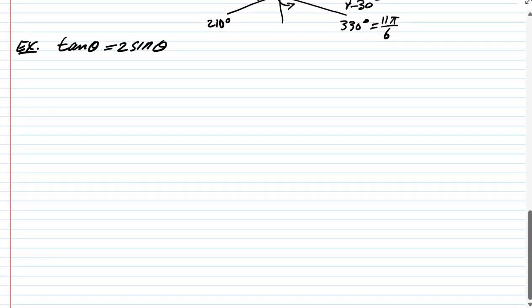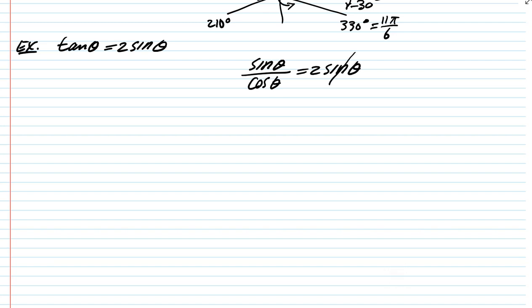Now one way people do it is this way. Tan theta, or I should say it can be done this way. However, there is a caveat. Sine theta over cosine theta equal to 2 sine theta. Okay, and then we can divide both sides by sine, so we get 1 over cosine theta equals 2, right? And swap out the 2 and cosine, so from this we get cosine theta is a half, and then we can say, well, cosine of 60 degrees is 1/2, and cosine of